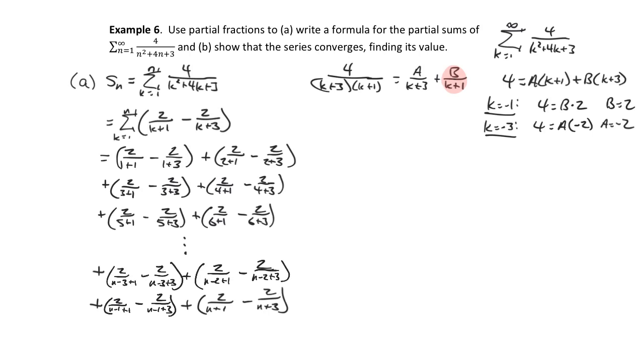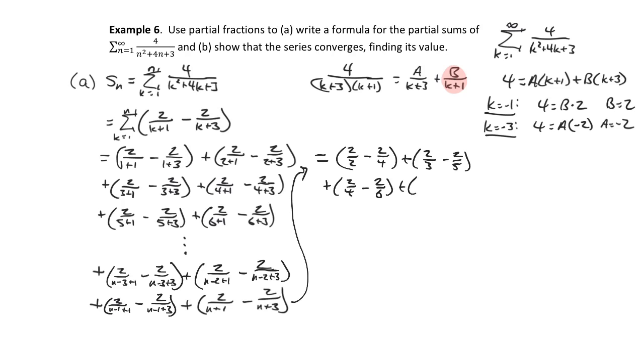Now let's evaluate all of this. Okay, this could have saved us time had we done it before. Let's look at the first. We end up with 2 over 2 minus 2 over 4 plus 2 over 3 minus 2 over 5 plus 2 over 4 minus 2 over 6 plus 2 over 5 minus 2 over 7 plus 2 over 6 minus 2 over 8 plus 2 over 7 minus 2 over 9